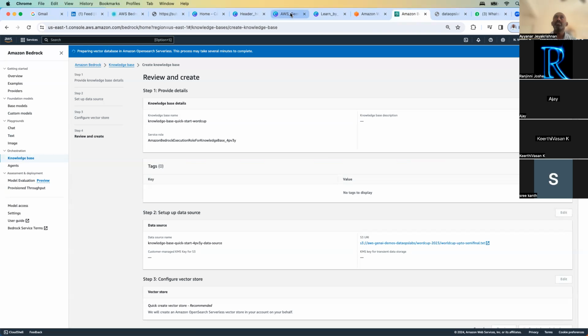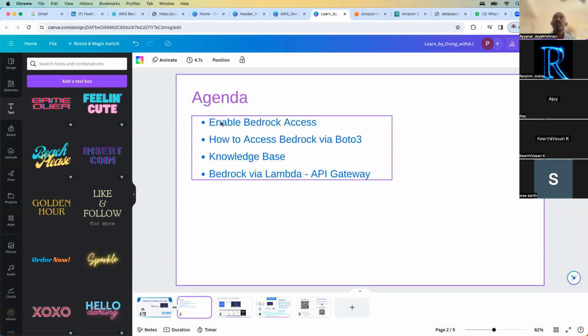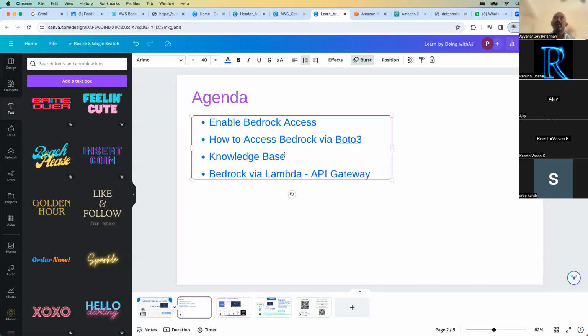So let me come back to the agenda. Let's see how much I covered, you guys. Today, I covered enabling Bedrock access and the knowledge base, and then I will touch base on the